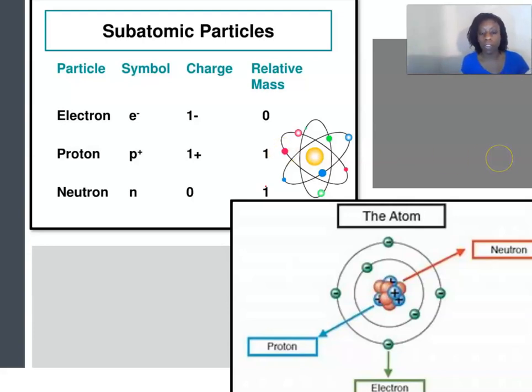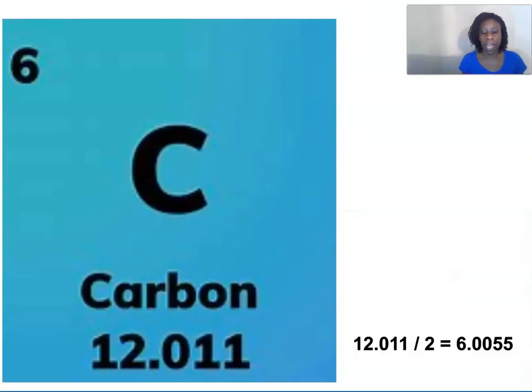And I'm trying to be careful with saying weight versus mass, because technically they're kind of different. Weight is influenced by gravity, so it's not life or death if you use weight versus mass, but mass is technically more correct. All right. So anyway, let's go back to carbon. Okay, so the atomic mass of carbon is